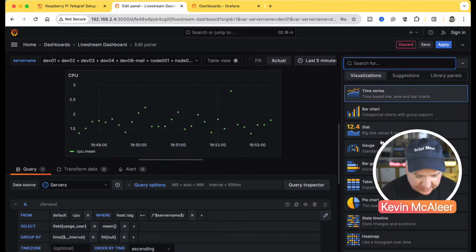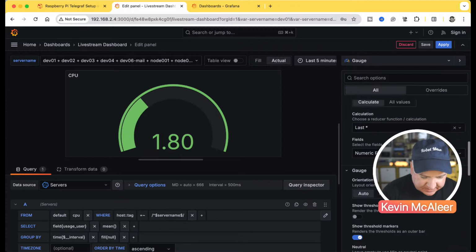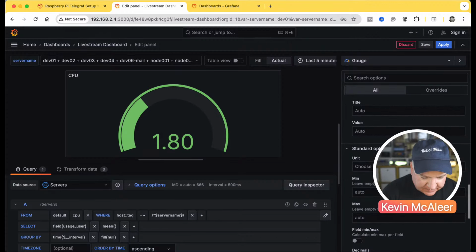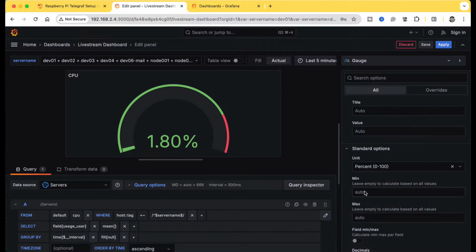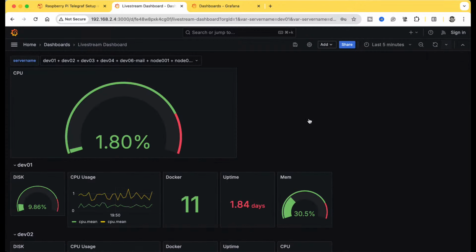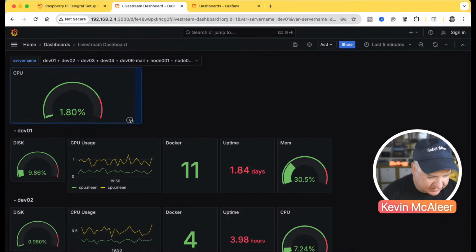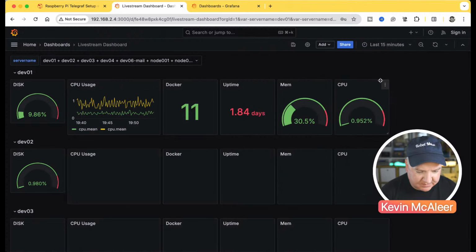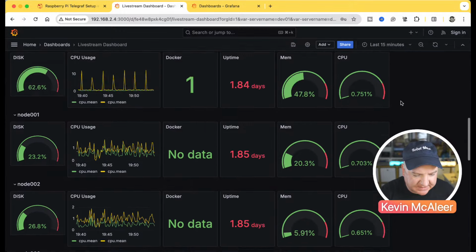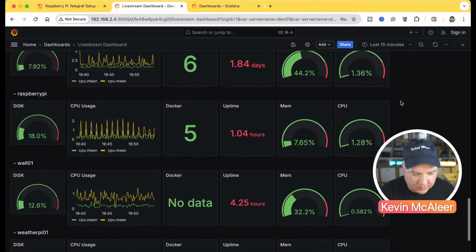And I'm going to change the type to be a gauge, and because it's a percentage, let's find the unit, type in percentage MISC, minimum is 0, maximum is 100, and let's apply that, shrink that down, and then let's add that to our row. That's another one. There we go. Make that the same, change our time to filter down, and we can see everything's doing okay